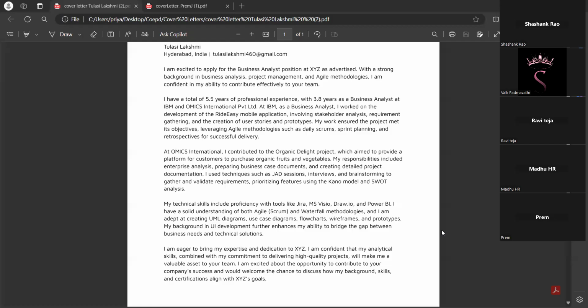MS Visio is probably the same as Draw.io. In my most recent projects I have mostly used Draw.io; in my very first project I used Visio. Draw.io is very user friendly.